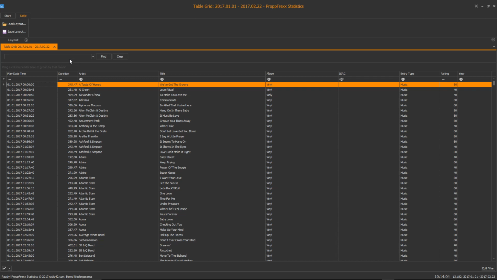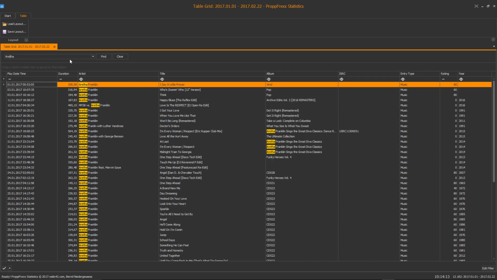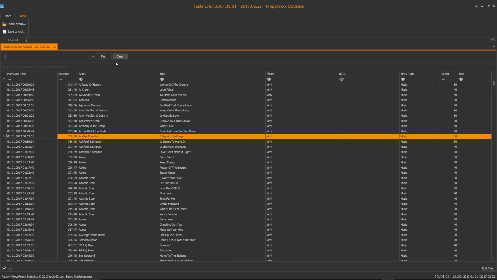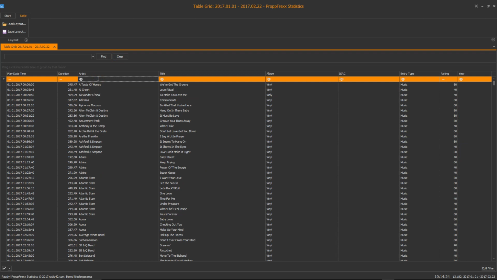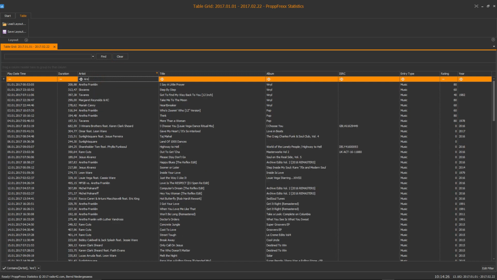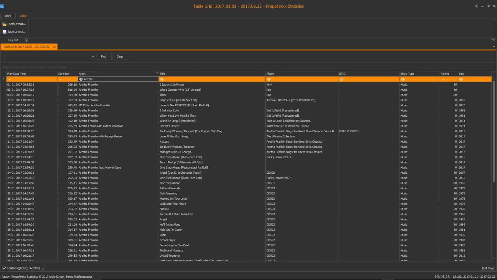So for example, if you want to see tracks from Aretha Franklin, you can just quickly go Aretha, press enter, and now you see everything from Aretha contained anywhere. If you only want to see for artist Aretha, type it in here, and you're immediately finding all tracks